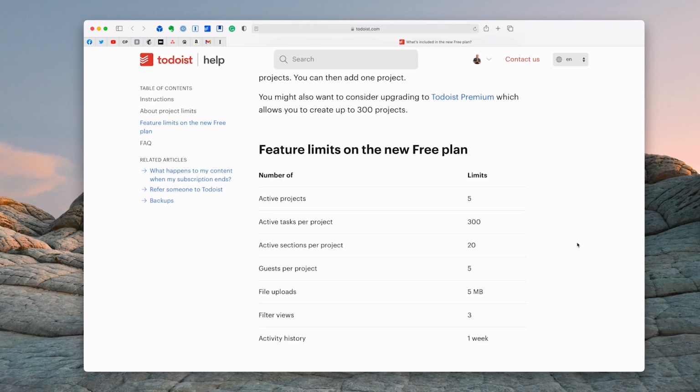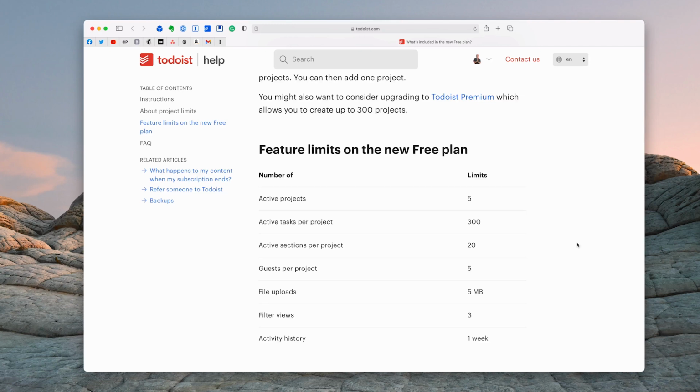So to me, the benefits of having access to the filters, the notes, the comments, and the labels is certainly going to offset the negative side of only being able to have 5 active projects. And just to keep in mind that the price of Todoist is still going to be no more than $30 a year. I think it is. It's $29.99, or maybe it's $30 now, or $35. But anyway, whatever, it is definitely less than $50 a year. And so I still think that Todoist represents an incredible value for money, and they're not going away anytime soon, so you're going to be pretty safe with that.